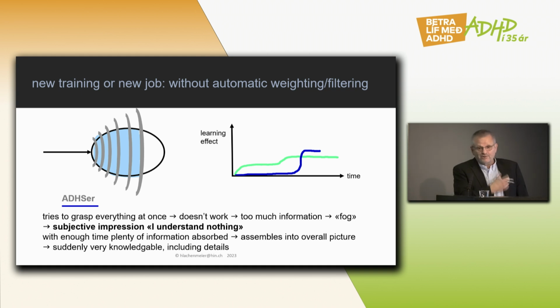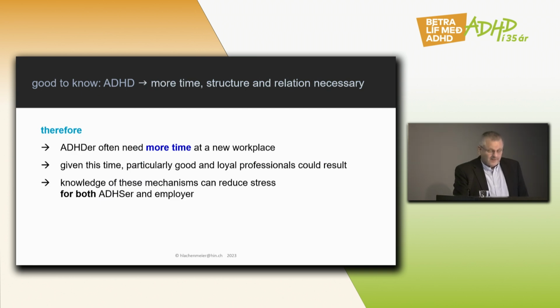And at that time, I did not know anything about ADHD, so I had no idea. I thought, God, what happens with me? Am I crazy or what? But from one day to the other, suddenly I understood it. Things had been put together in my brain. That's exactly what happens, and I've interviewed many people with ADHD in my life, and most of them know that. No matter what intelligence range, in their own way, they know it. And time and again, I wonder why it's nowhere described. I don't know why. Anyway, that is very important because of what is happening if you go to a new workplace